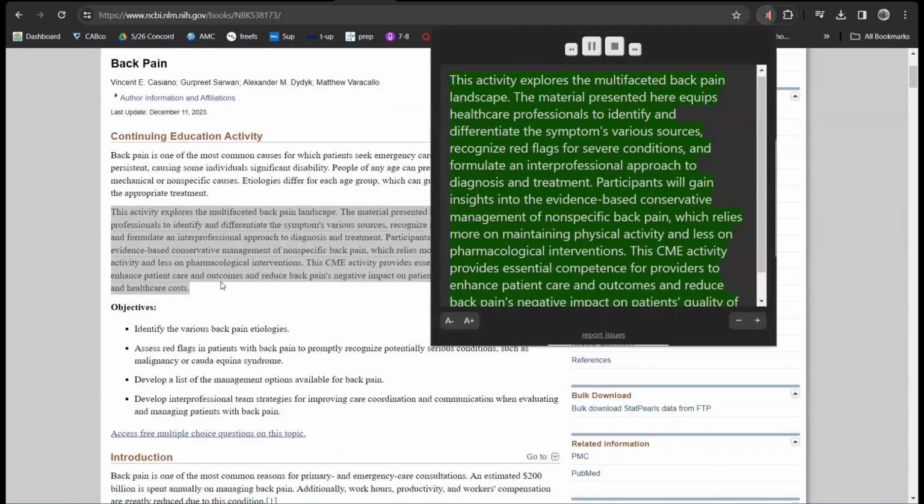It will read to you This all the stuff activity you've explores highlighted. the multifaceted back pain landscape. The material presented here equips healthcare professionals to identify and differentiate the symptoms' various sources, recognize red flags for severe